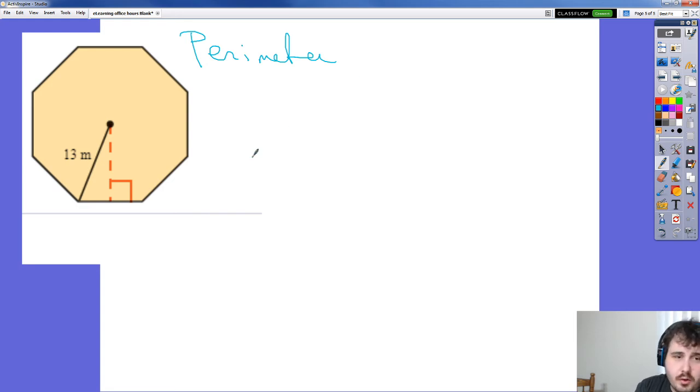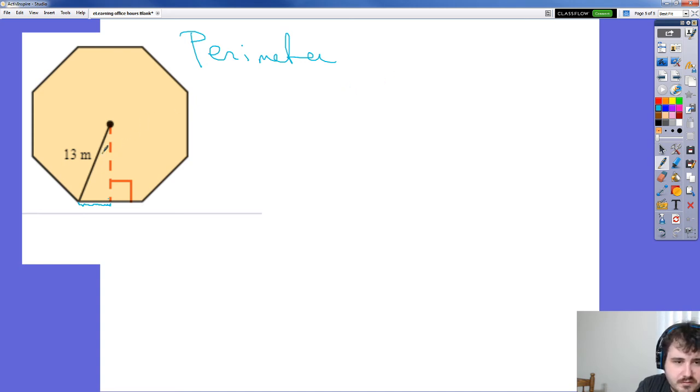Okay, good. So how are we going to do that? The easiest way is to first find this half right here. What we need to figure out is what this central angle is in here. It's 360 divided by 8, which is 45, and then we're going to cut it in half again, and we're going to get